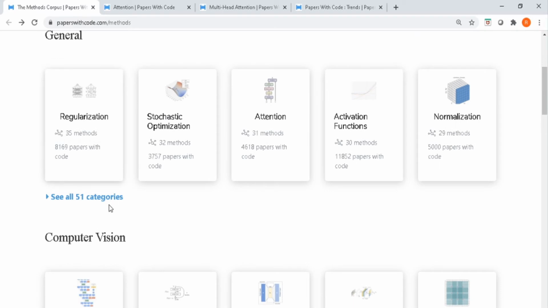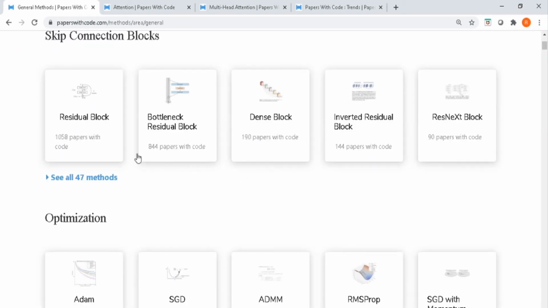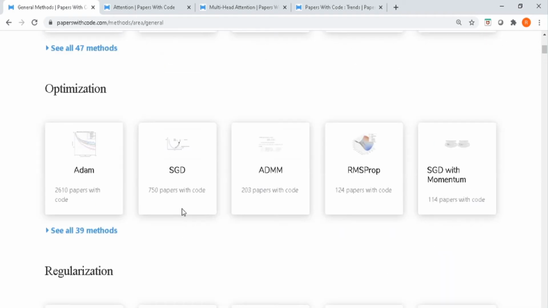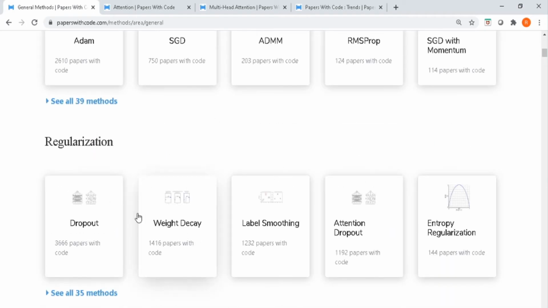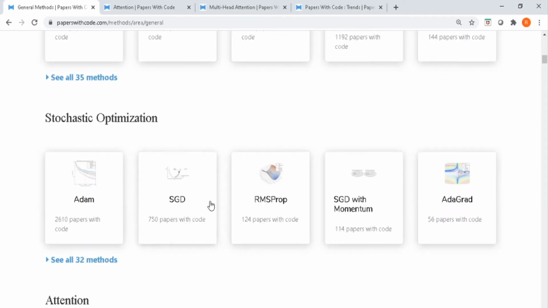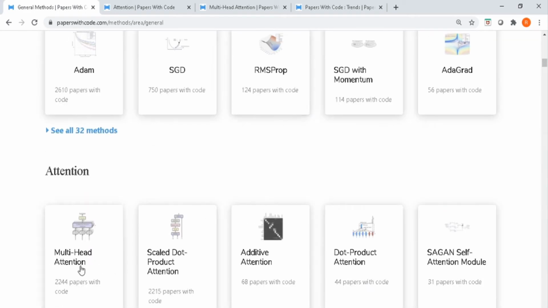So if you look at the general category over here, you have close to 51 categories. So there are methods like skip connection blocks, optimization, methods related to regularization, methods related to stochastic optimization, methods related to attention, and so on.